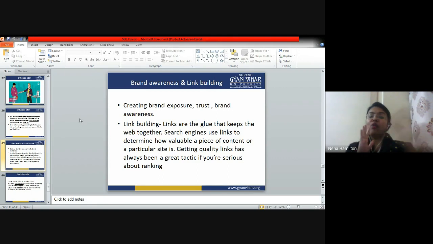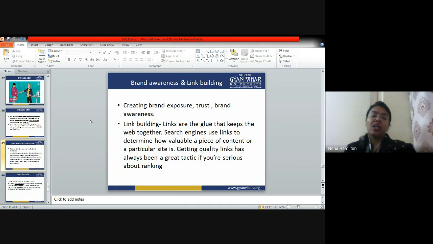The quality of the links of your website will define the rank of your website when it comes to off-page optimization, right? So, why are we building links with authoritative websites? Because they are getting